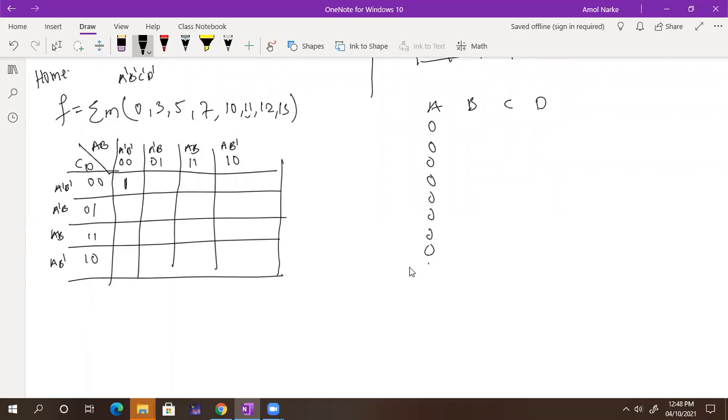Sir, third might be A complement, B complement, C complement, D. Okay, A complement, B complement, C complement, D. So for that purpose, which variable is applicable? Can someone tell me where I should write down 1? Here instead of BC, here we have CD. Here C, here D, here C, here D. So here we have C complement, D complement. Then here C complement D. Here we have CD, and here C into D complement.